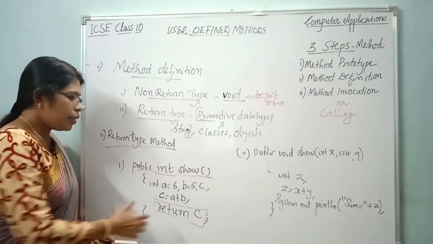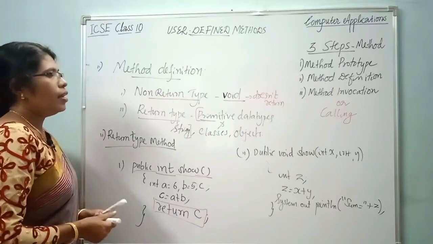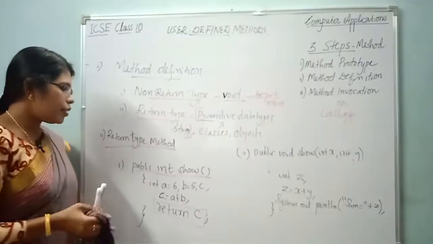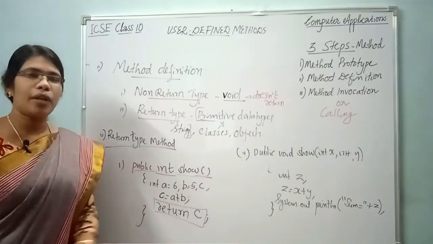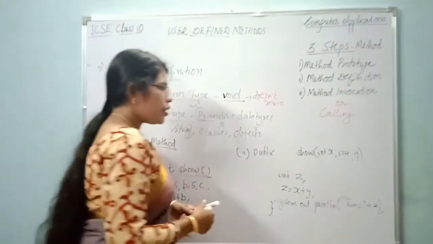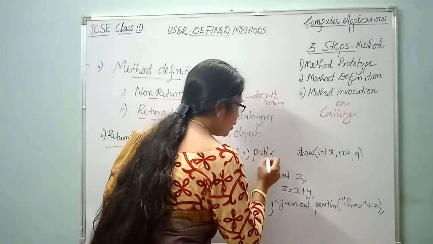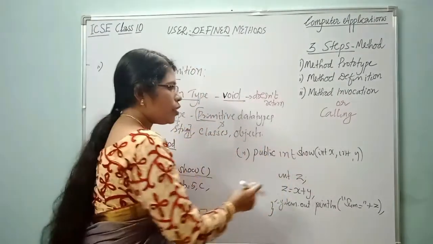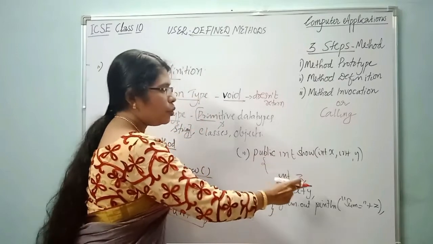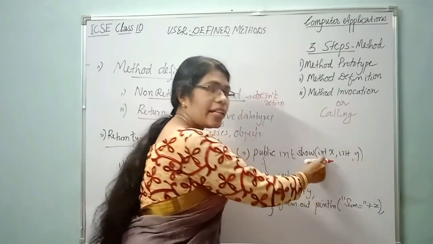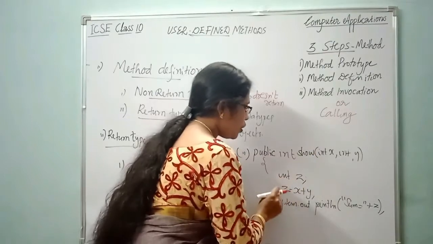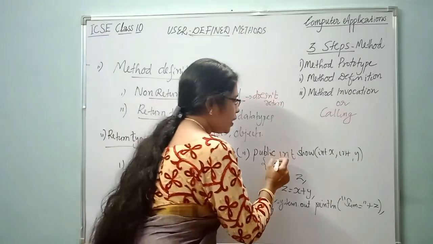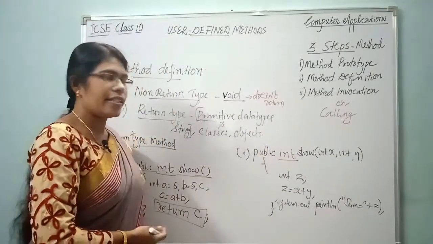So what is the use of this return statement? Yes, I will explain what is the use of the return statement. Before that, we will go and finish that method. Instead of this void, we are writing int data type, because we are calculating the sum of two integer parameters that we have passed in this method. So we are getting the value z that belongs to the integer data type. So we are writing the return type as int.